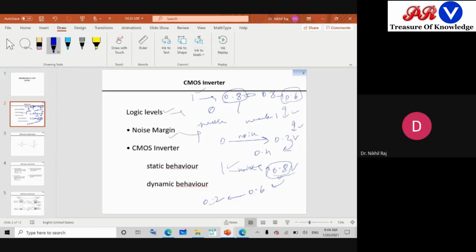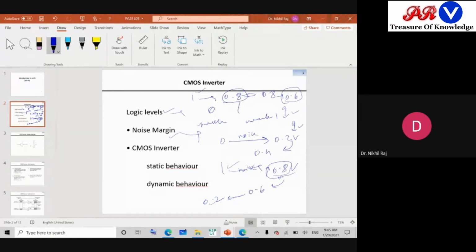That is, how much noise a logic can tolerate. How much noise, how much fluctuation can a logic tolerate. Like when you were doing the digital experiments in your first year, you must have seen that an accurate 5 volt is not coming, it is coming as 4.8 volt or something. Then it was due to some noise or loose connection. So those are nothing but a modulation of the magnitude of the voltages.